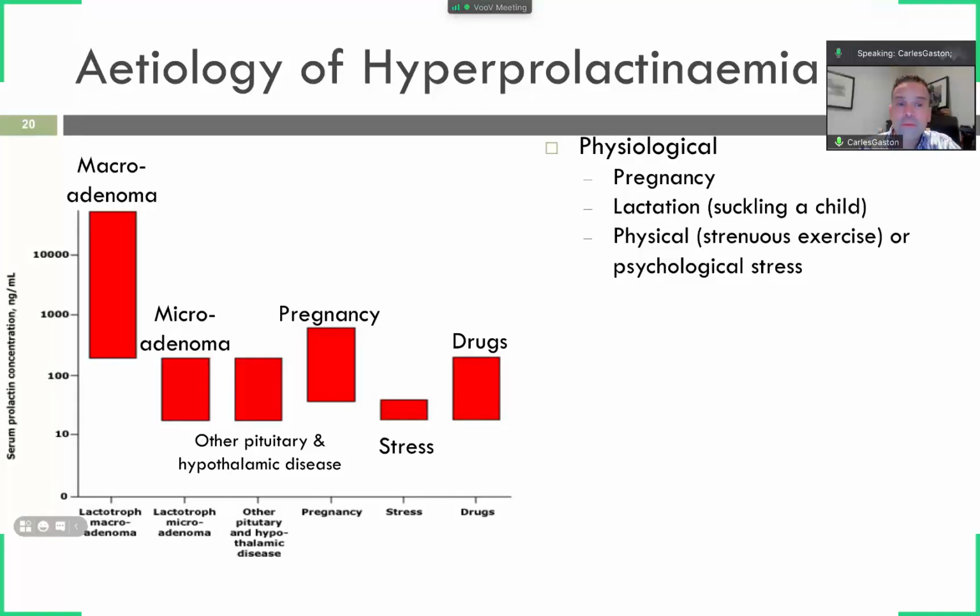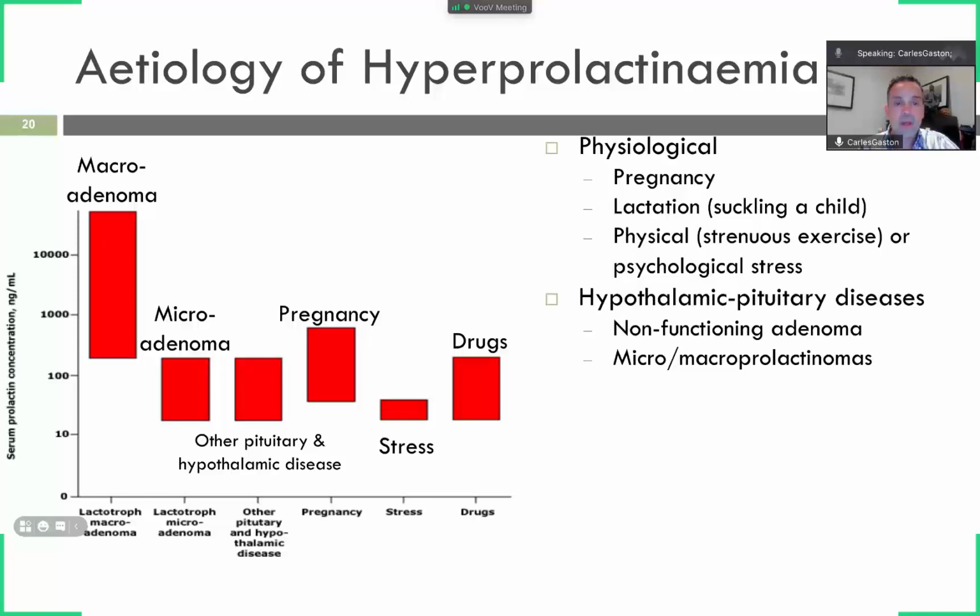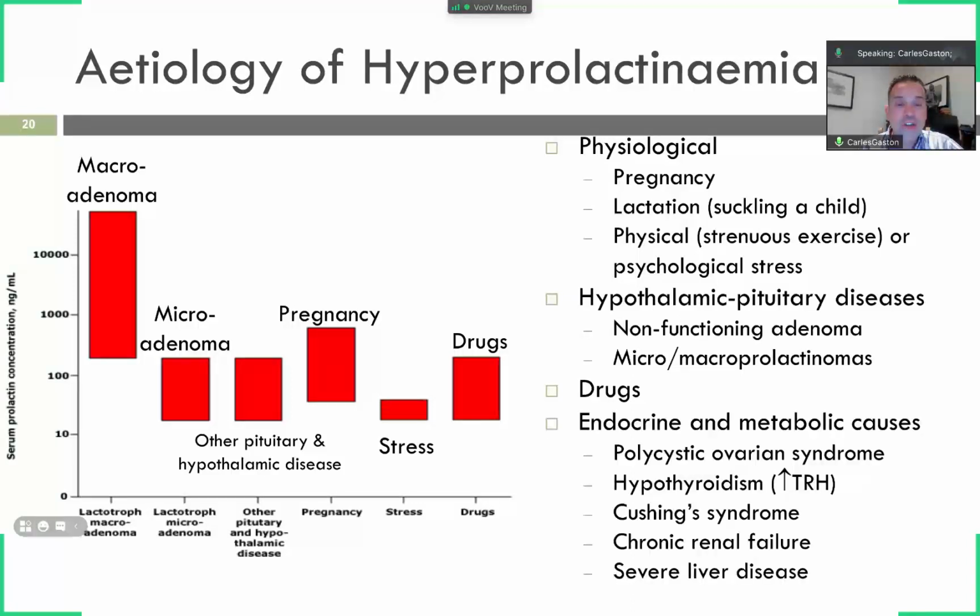Physical: increased exercise, or psychological stress. Other hypothalamic pituitary disease: non-functioning adenoma, micro or macroprolactinomas. And drugs, important, that affect it. The endocrine and metabolic causes, for example, polycystic ovarian syndrome and hypothyroidism, right? Hypothyroidism may increase